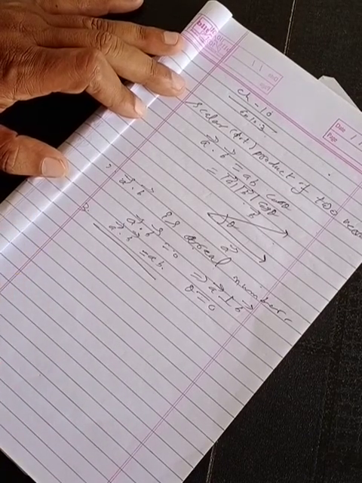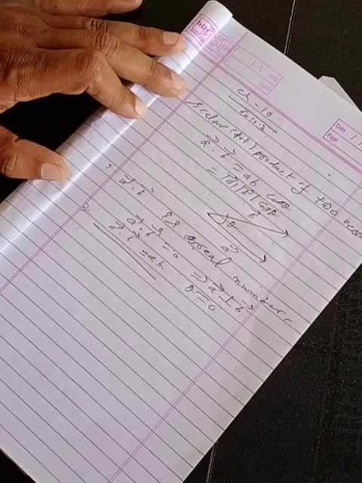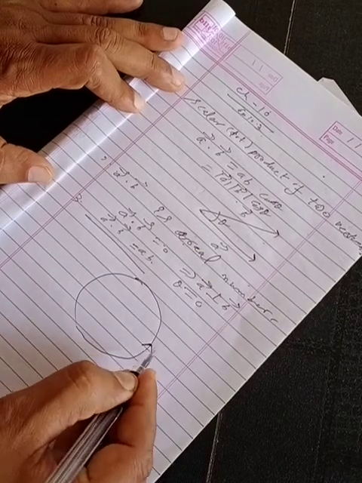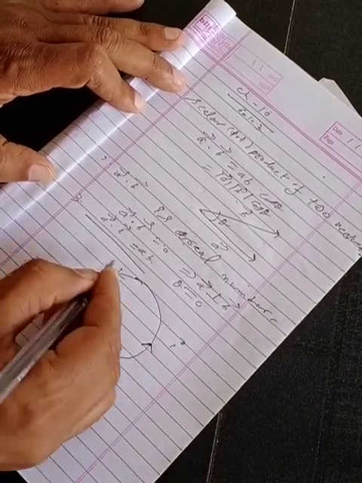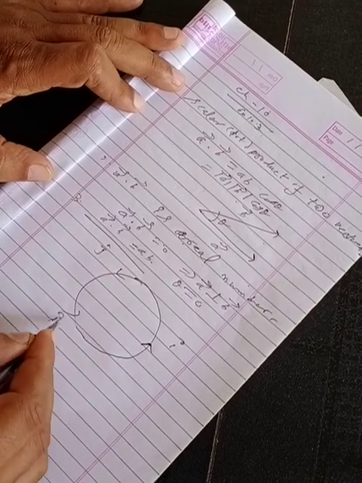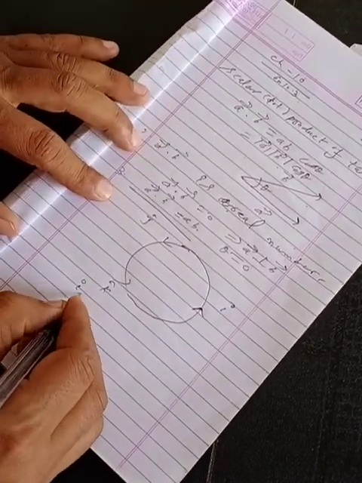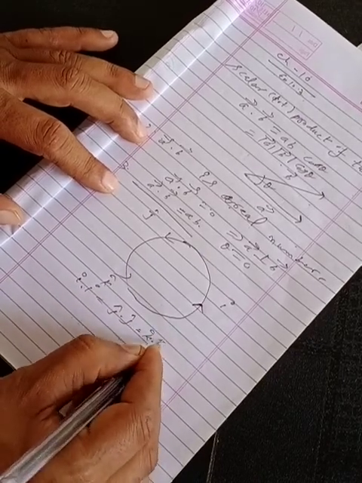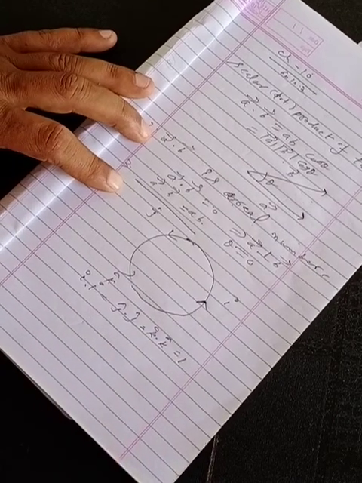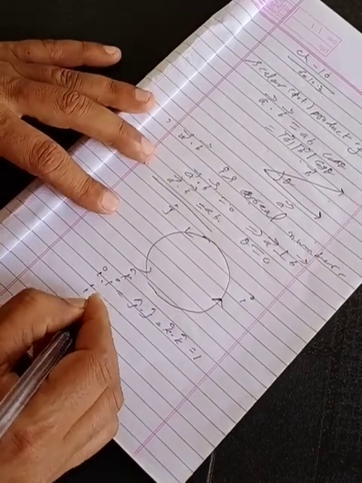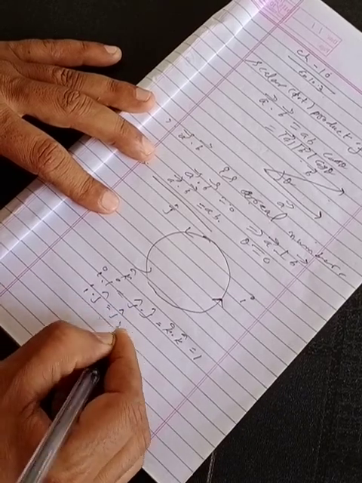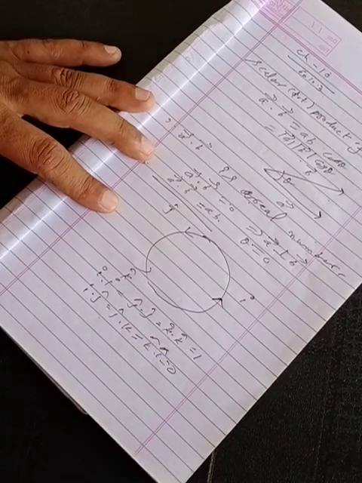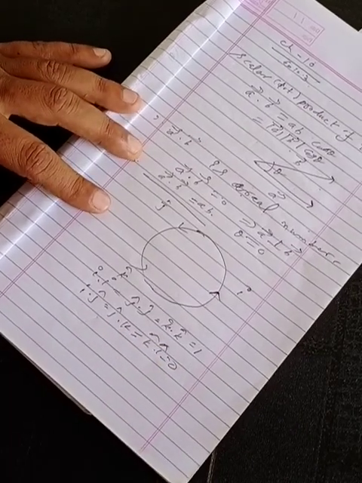We will discuss some more observations based on it in our live class. Right now I am telling you one rule. If we have i, j and k here, then always i dot i is equal to j dot j is equal to k dot k is equal to 1. Their value will be 1. And if it is i dot j, j dot k, or k dot i, if two different unit vectors are multiplied, then their value will be equal to 0.